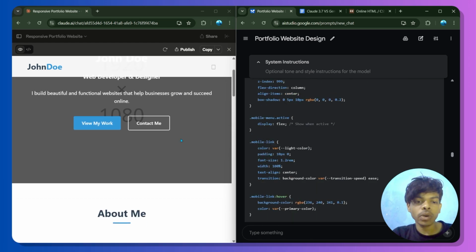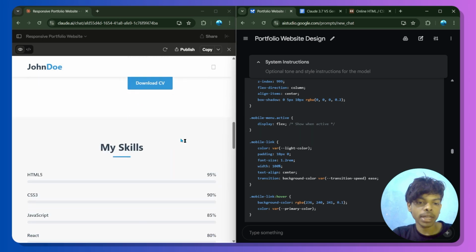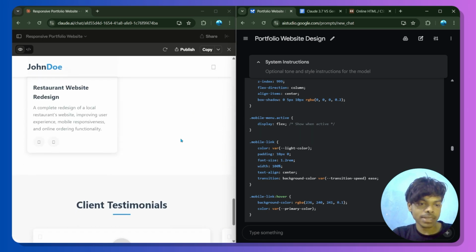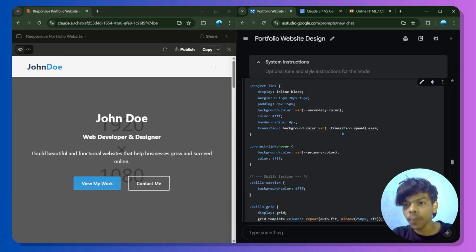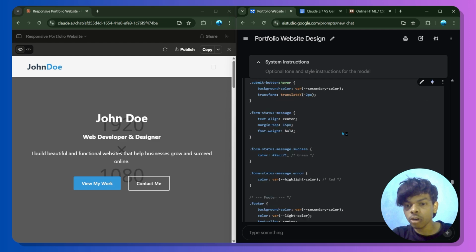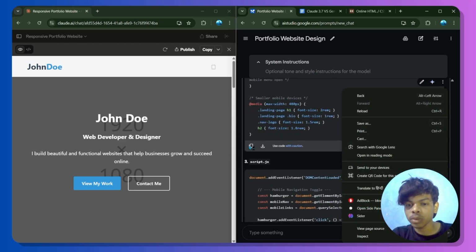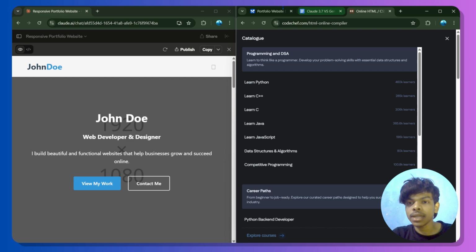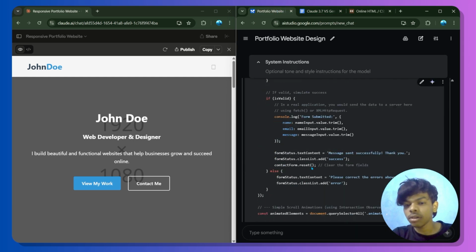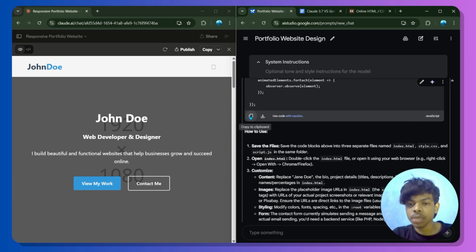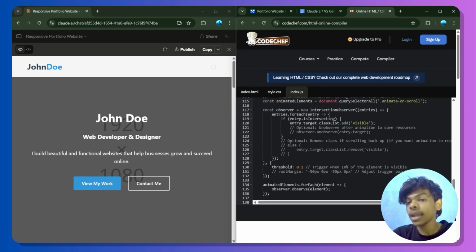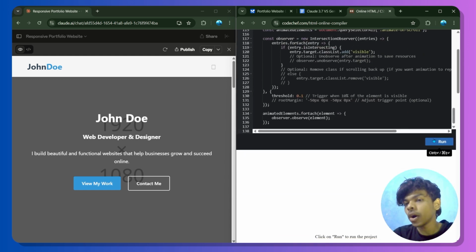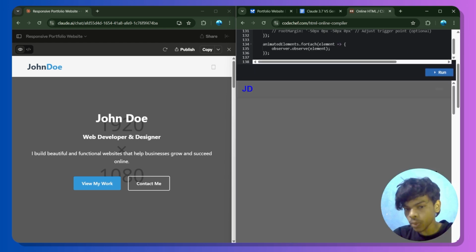So you can see that Claude has written the code and it is showing us a preview, and it is nice. No doubt it's nice. So now we're gonna simply copy and paste the code of Gemini and then compare both. So I copied and pasted the CSS part, and now we will simply copy and paste the JavaScript part. So simply copied the JavaScript part and pasted that to index.js. And after doing that, simply hit the run button and it's gonna run the code. And you can see